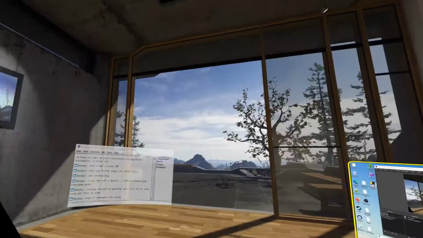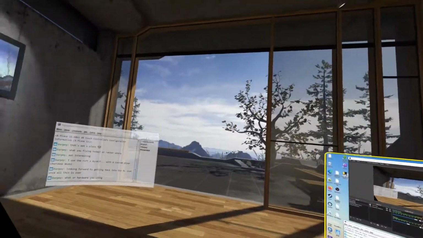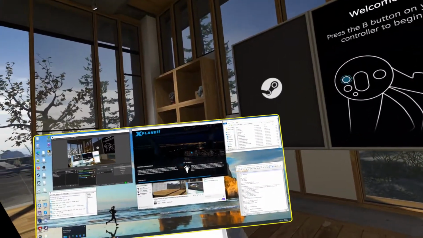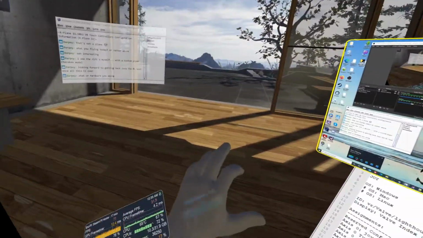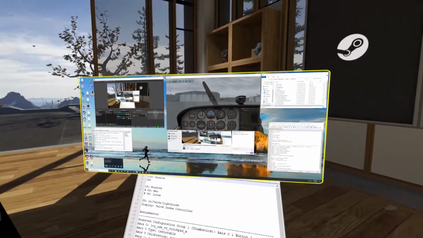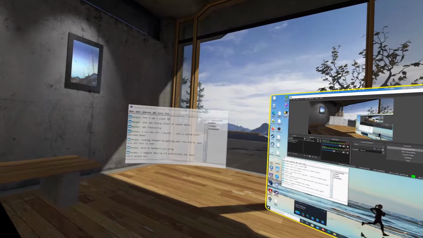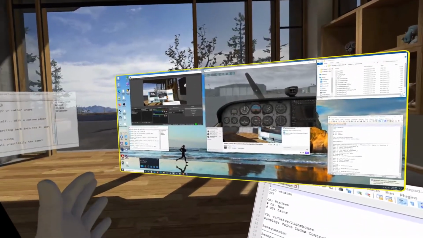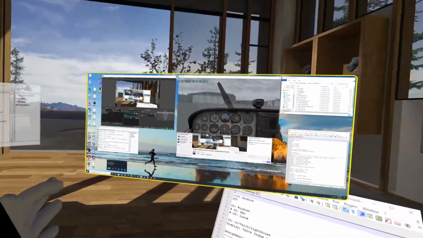I'm using a Valve Index, and I'm looking at one of my touch controllers that is kind of low in power. So we'll see how this goes. I know what I want to do. So, alrighty. So basically, we're in the Steam VR home, and I'm just getting X-Plane started up, and I'm going to make this window a little